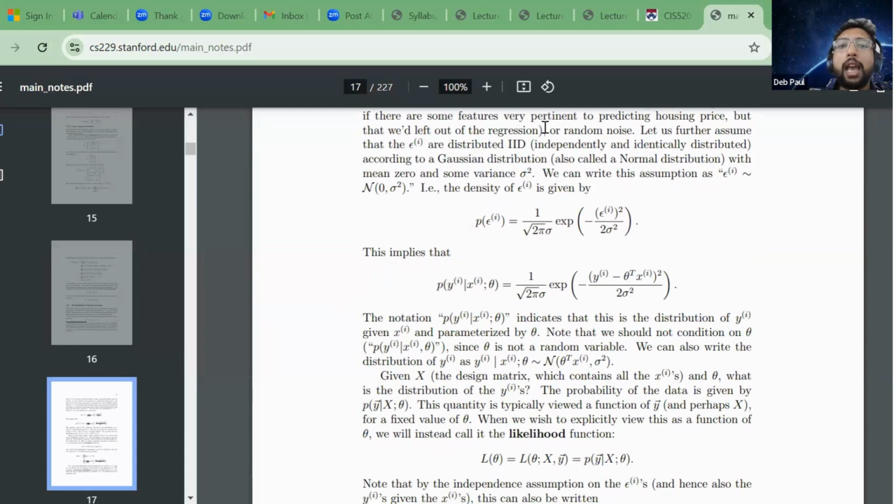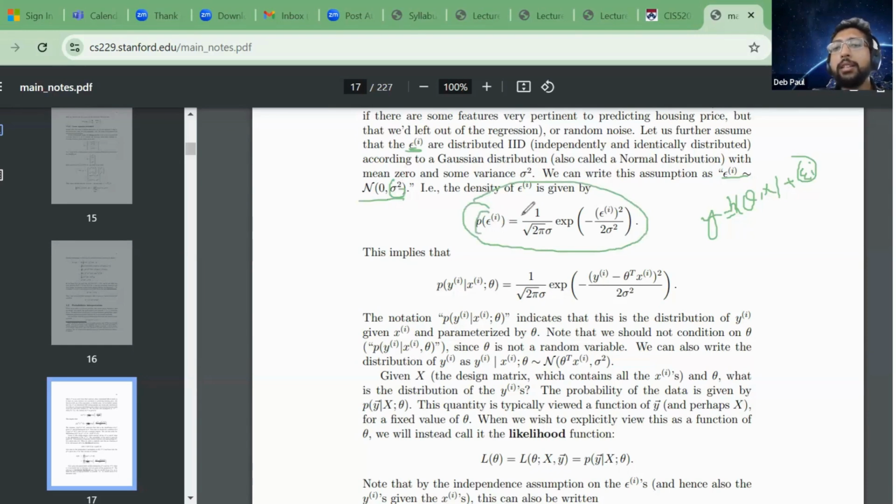We'll see these are IIDs, and we assume that all the loss or the error. So basically, I am saying y is a function of my theta, like h of theta x, plus some epsilon i. This is basically a noise, which I can't estimate with my estimator. So there's always some error in my estimation, and I'm saying that error is nothing but random noise. It is distributed with mean zero and a normal distribution and some variance. And I can model that variance.